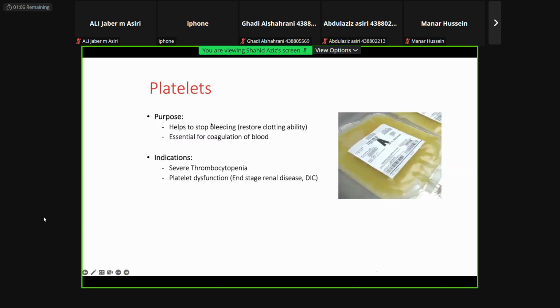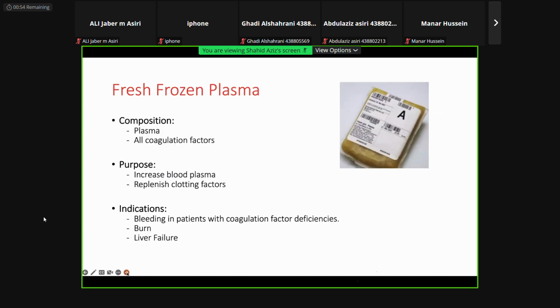Platelets are given in patients who have thrombocytopenia, or who have a normal platelet count but abnormal platelet function, known as platelet dysfunction, such as patients who have end-stage renal disease or disseminated intravascular coagulation. Fresh frozen plasma